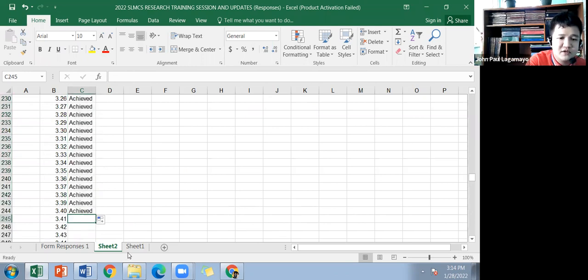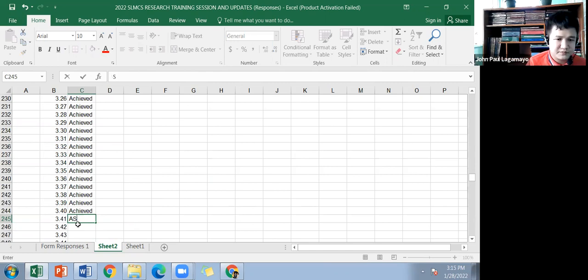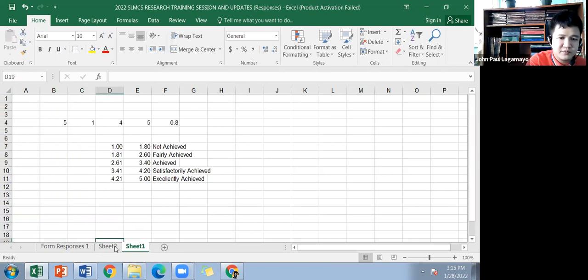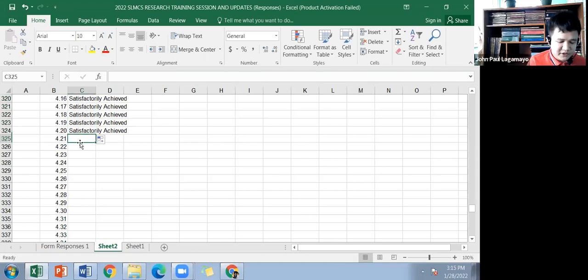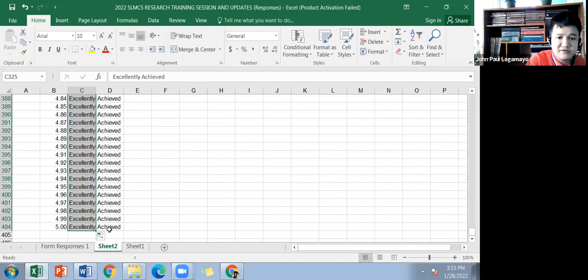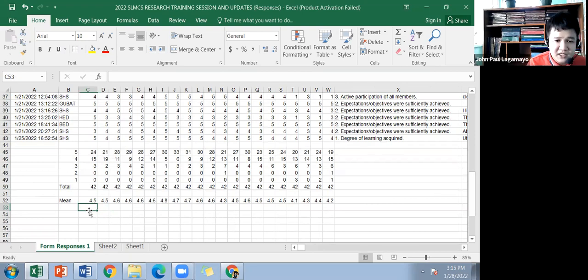So we have achieved. We have also 3.41 to 4.20 satisfactorily achieved. To 4.20. And then 4.21 to 5.00 is interpreted as excellently achieved. Right. 5.00. So now we have the proper formulation in order for us to interpret these automatically, the